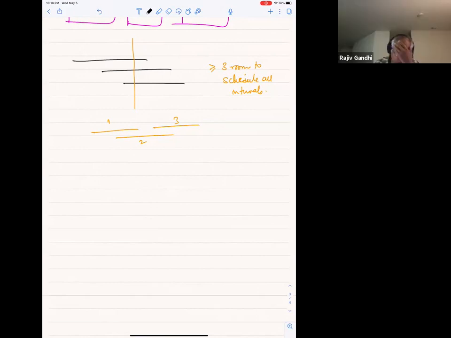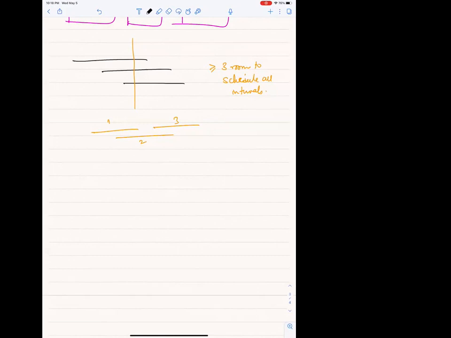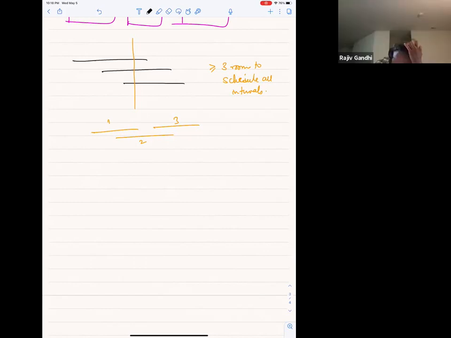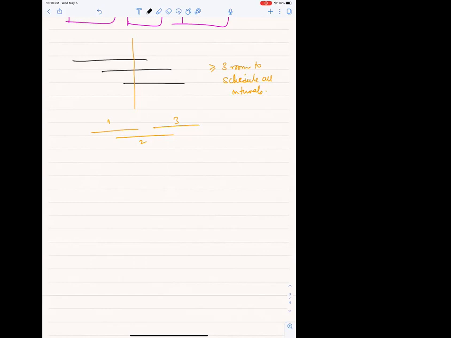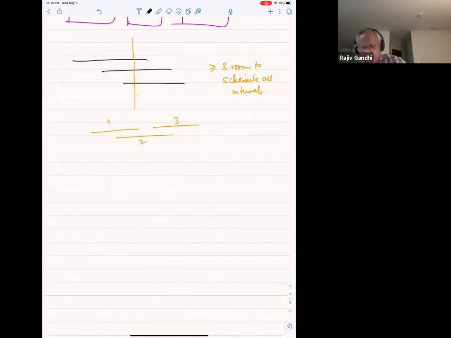We remove the intervals we selected, and we put them all in one room. Then for the next interval with the earliest start time, we run the same algorithm. Okay, excellent. So Devansh's algorithm